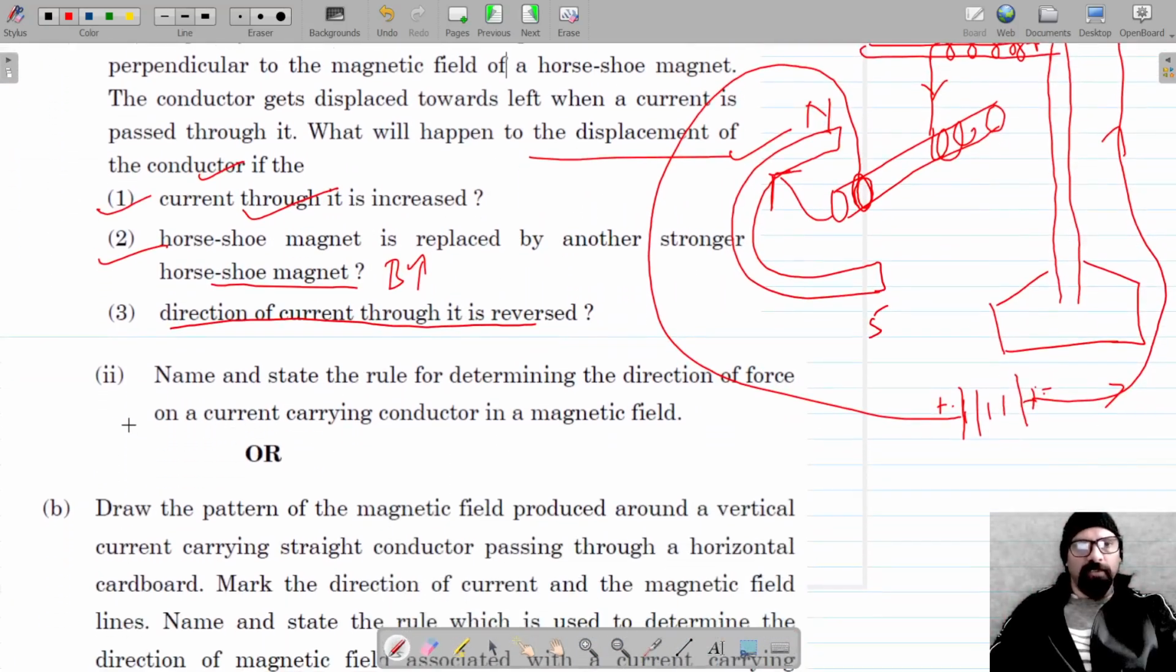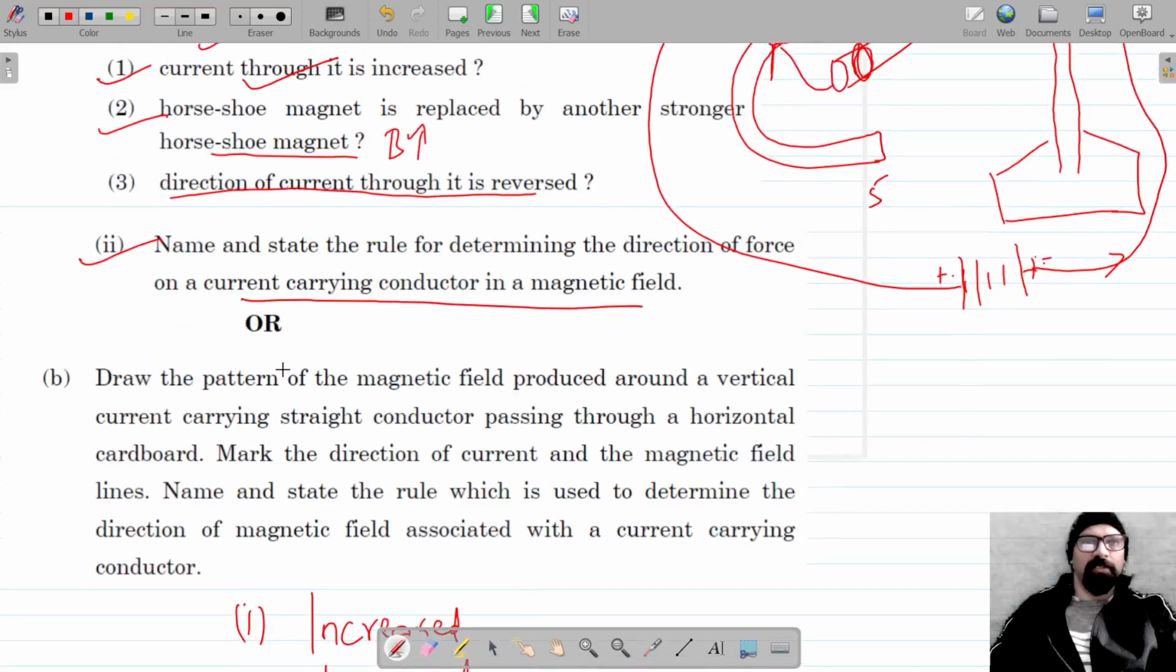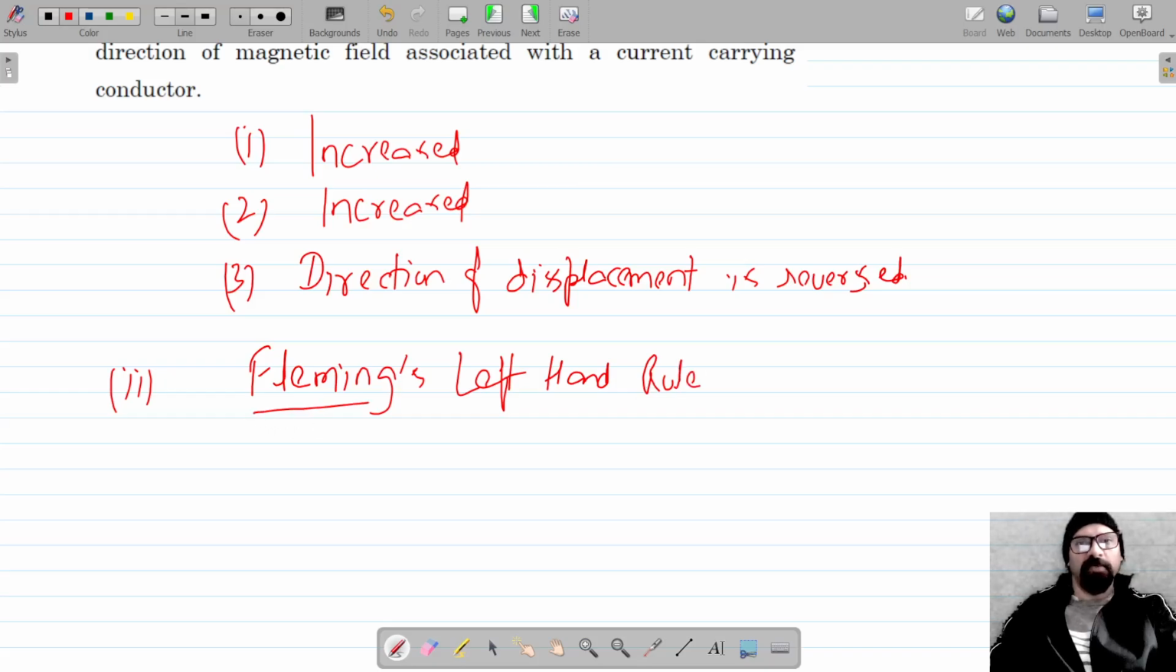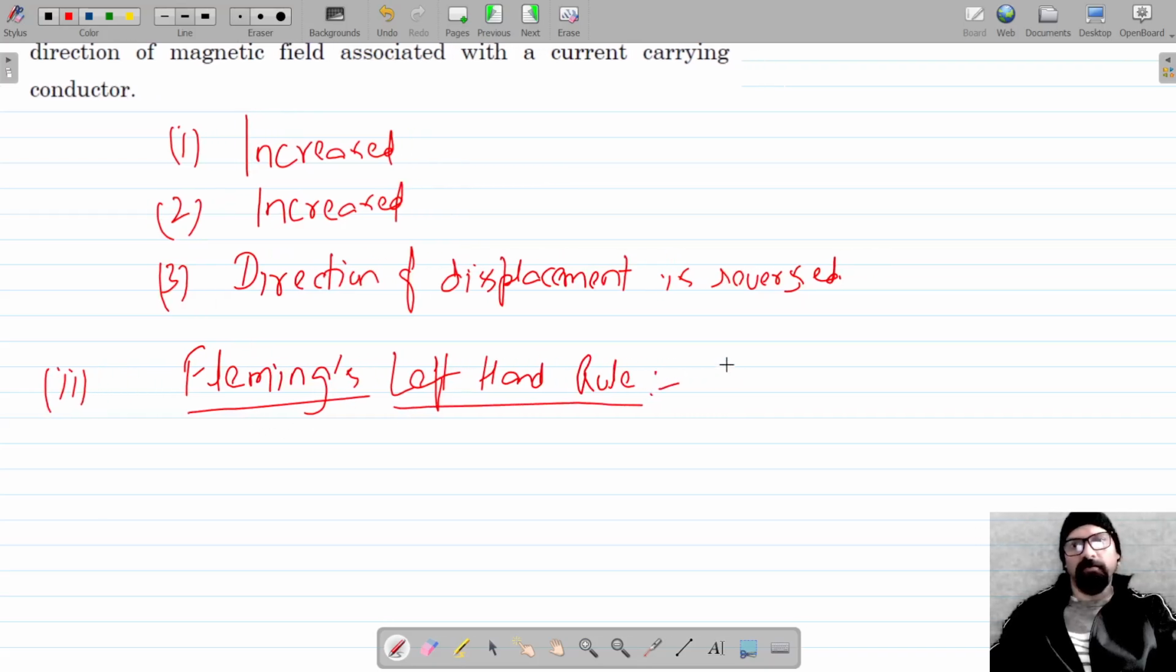Okay, next one. Name and state the rule for determining the direction of force on a current carrying conductor placed in a magnetic field, and the name of the rule is Fleming's left-hand rule. This rule states that if